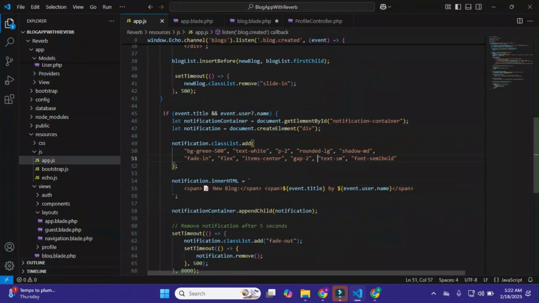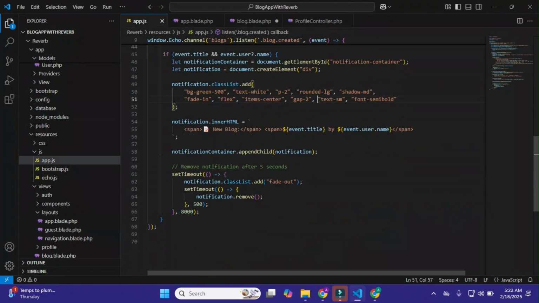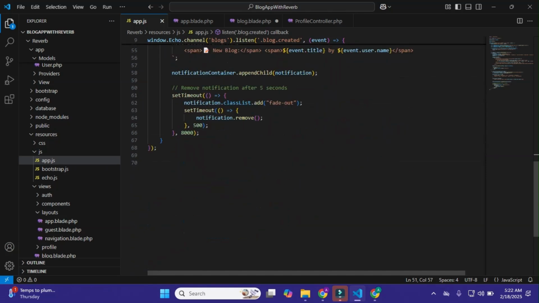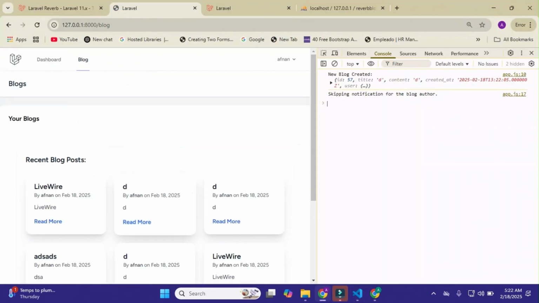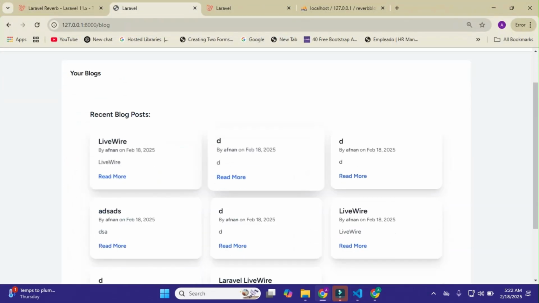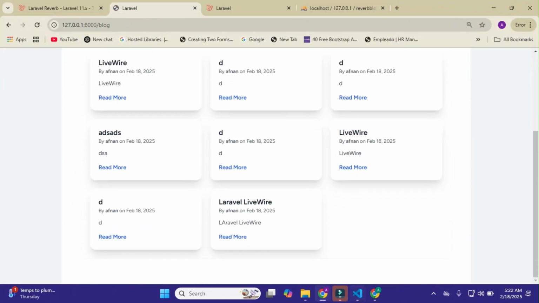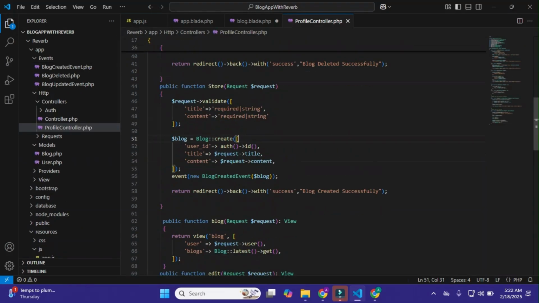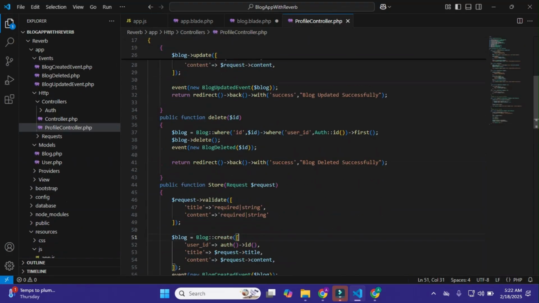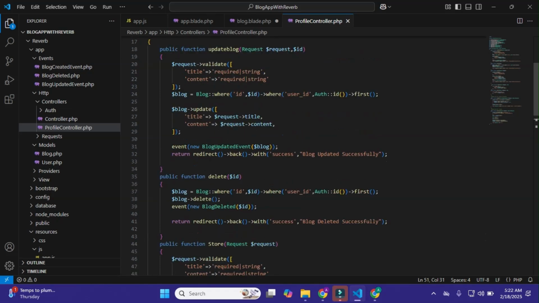We are just simply left with the deleting, and when I'll just simply delete the blog, it will update this list in real time. Okay, so just simply do this. Okay, for this I'll just simply go here, and within it I'll just simply done all the things in my profile controller, that is when I'll just simply delete, I'll just simply pass this in events.